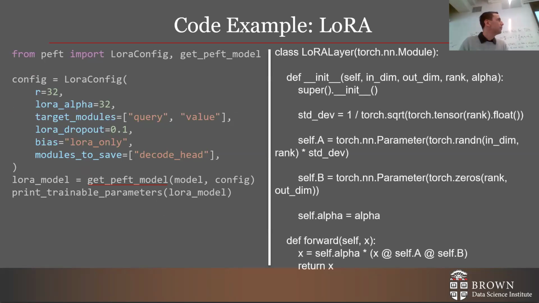If you want to implement it yourself, it's fairly easy. You just need the input and output dimensions and the rank that you care about. We create matrix A with the input size times the rank, and matrix B with the rank times the output dimension. That means if we multiply them, we get the input times the output in size. We also have a hyperparameter for weighting. Then in forward, we just multiply the input with A and B, which would be the same size as the original weight matrix if we did full fine-tuning.